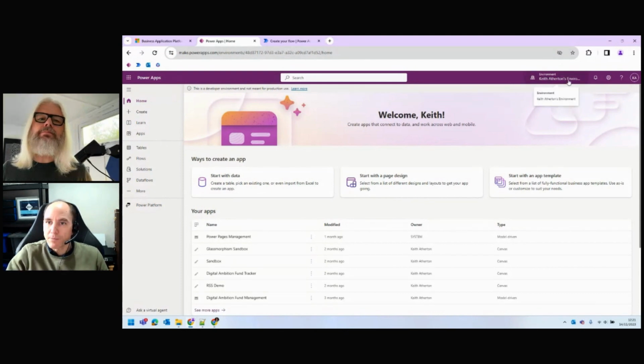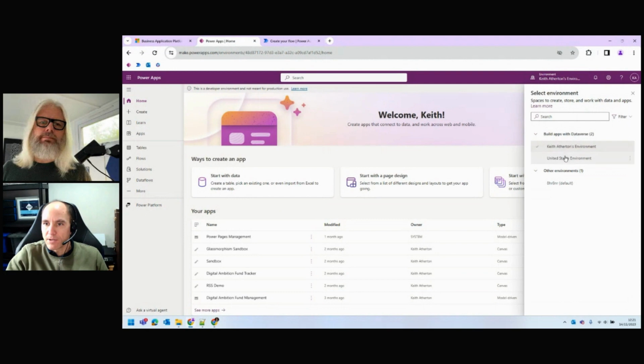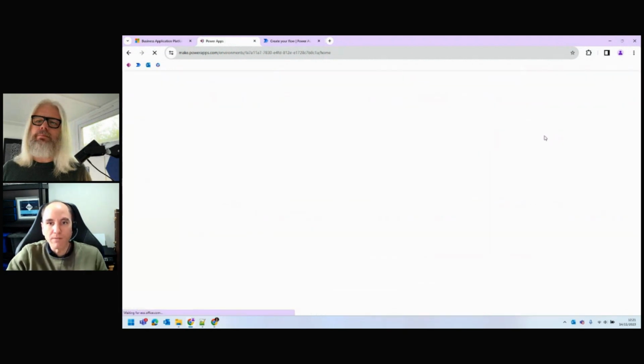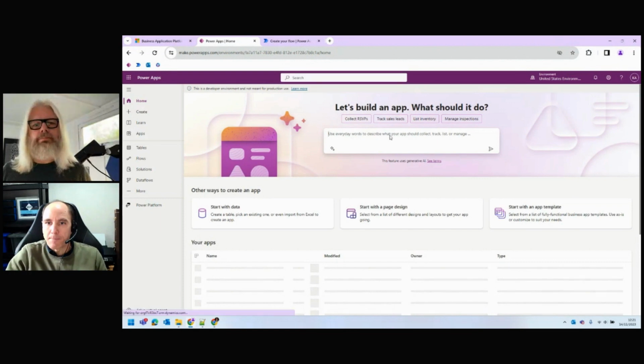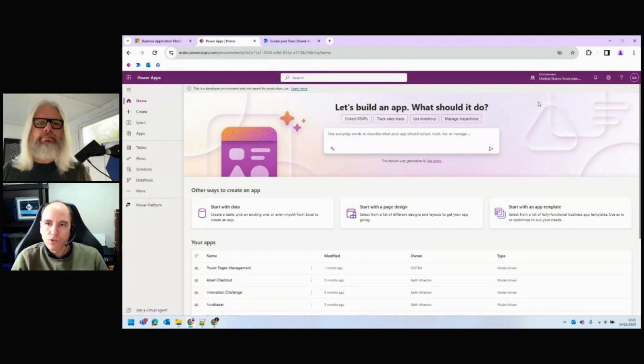So with the PowerApps, again, a similar look and feel. You can get to settings. You can see environments just here. If I go to this US environment, just like the Power Automate, there is a Copilot here. The reason I've done that is some of these Copilot and AI features, some of them are US only, or were when I created these environments. Some are still preview, some are GA, and they're ready to use.